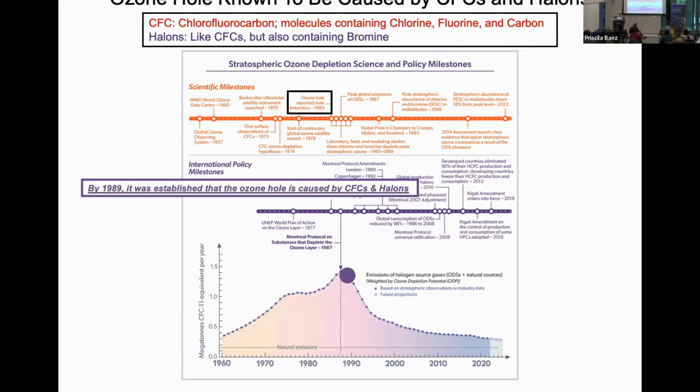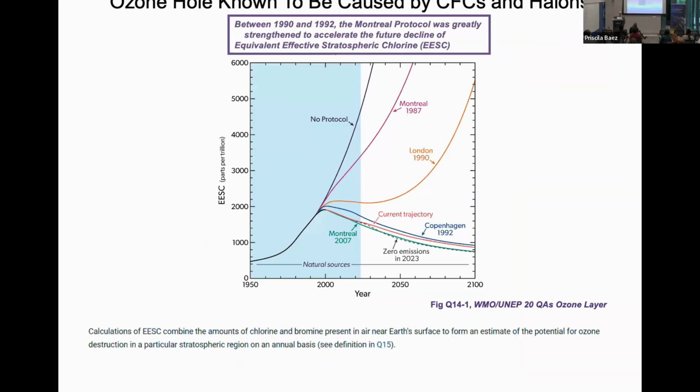Here's 1989. This graph, okay, it's at 1989. So this is basically just after the peak of the atmospheric release of CFCs. So basically what was happening is that as the science was happening, the Montreal Protocol was being tightened. If there was no protocol,